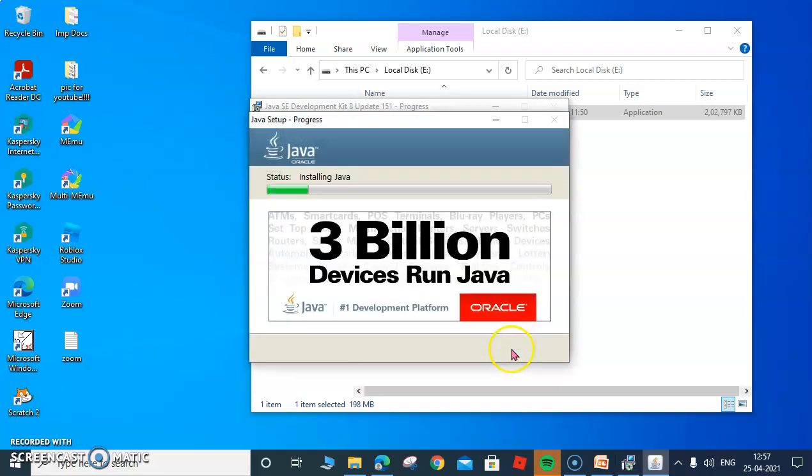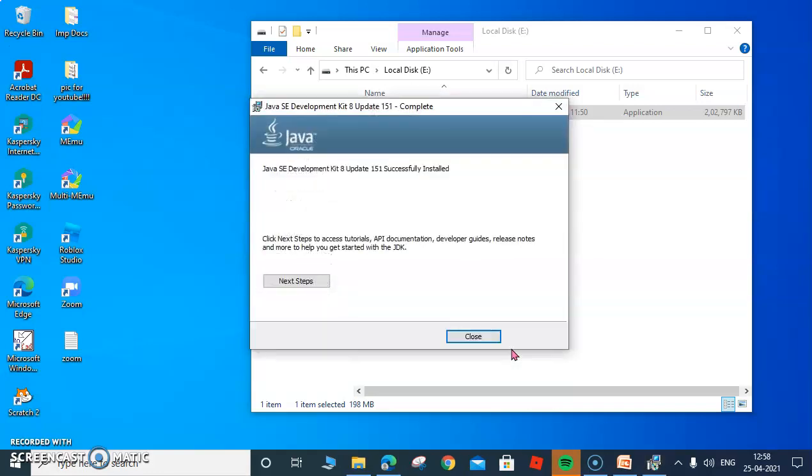Okay, so here I click, so it is installing Java in this computer, and it will take a bit of time, so you have to wait. Meanwhile, when it is installing, make sure that after installation we have to set the path, and this is the one time exercise only. Once the path has been set, then later on you can create your programs, compile and then run. So this installation and setting up the path is only a one time process.